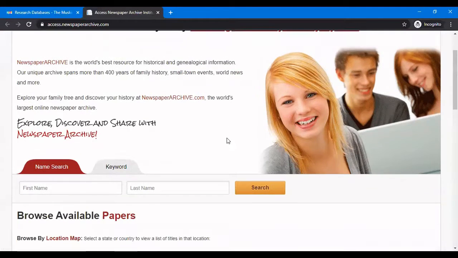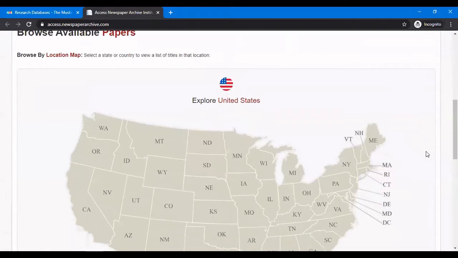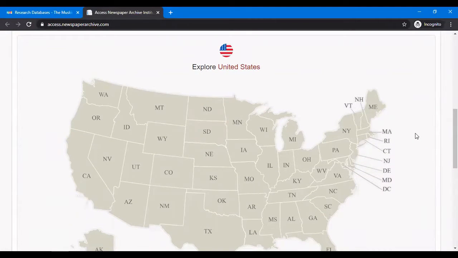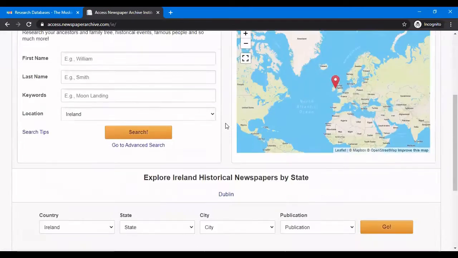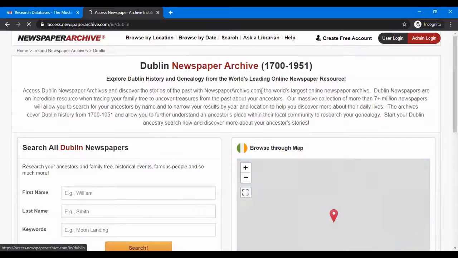It's very searchable. You'll want to scroll down here to the map. So you can explore just the US if you would like. There are also other countries in here, so if you want to look maybe where your ancestors are from and find what's going on during the time period that they left to immigrate over, you can look at some of those. I will warn you, most of them are just Stars and Stripes, which is a military newspaper, so it doesn't have a lot about what's going on in the country, but a few of them do, like Ireland over here. Let's go down and I'll show you